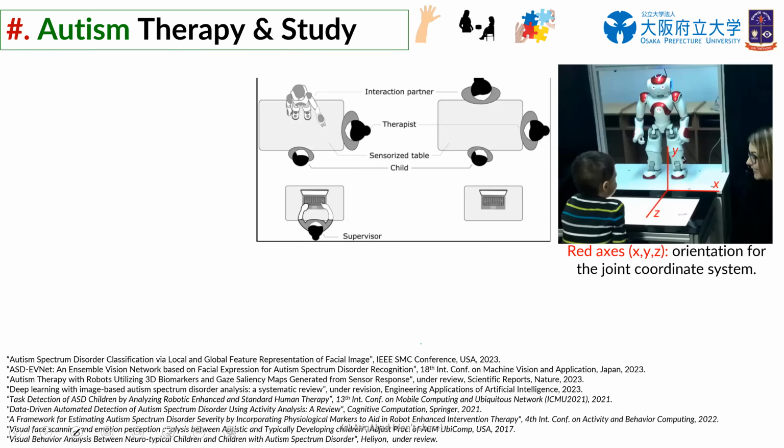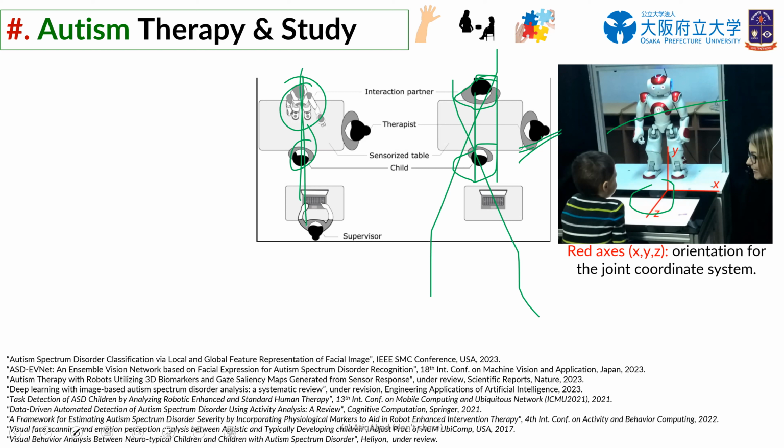So our team, we have been trying. One option is this: say I'm an autistic child, this is me, and this is a person I'm interacting and communicating with, and there is an expert to judge what my score is. Instead of this, if I have a small robot to interact with me, basically you teach the robot what to do, and based on how the child is interacting, and there are cameras and sensors and other things, you see how I react.